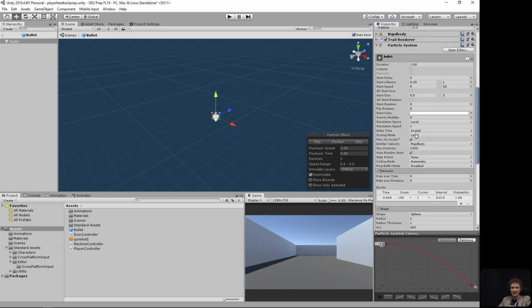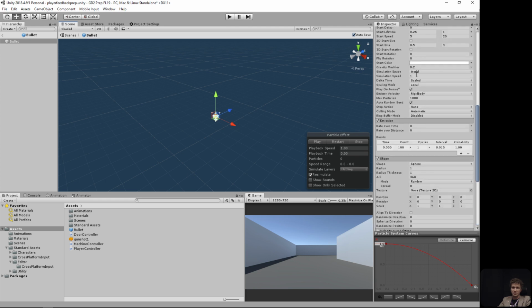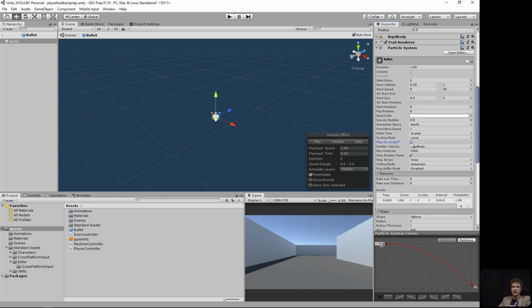Okay, so particle system. The other one's going to be world space, simulation space world. And the gravity can be like 0.2. What's that look like? Boom. Oh, that's much better. That noise finally figured itself out. And it does not look good. What about now? That's fine. Let's increase the gravity. What if the gravity was 0.5? Yeah, I like that. Okay, so play on awake. Let's turn play on awake off. And then if enabled,